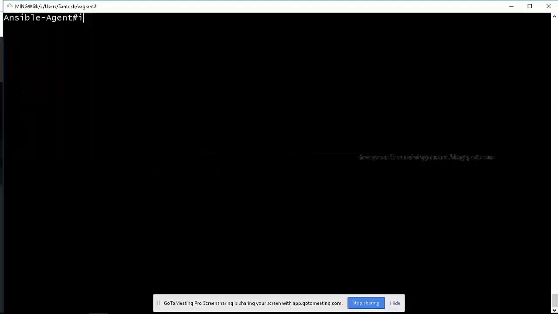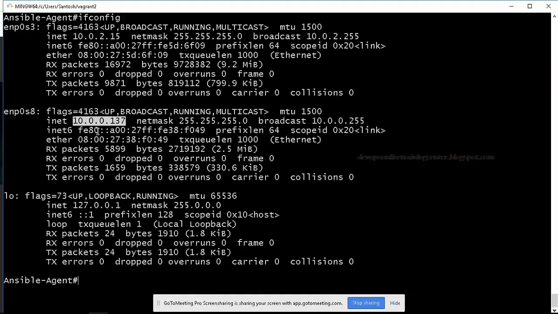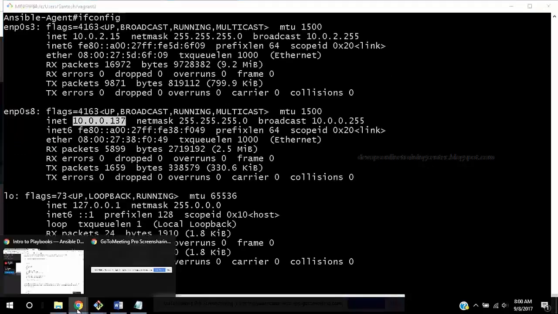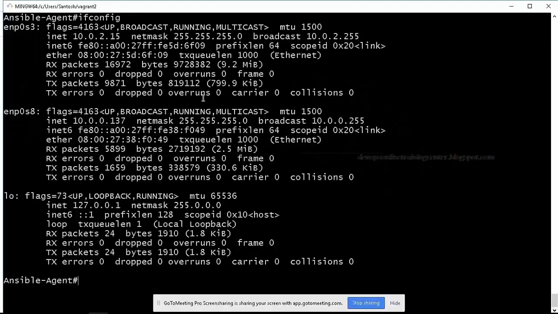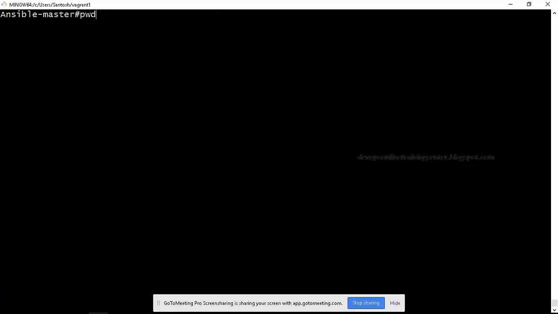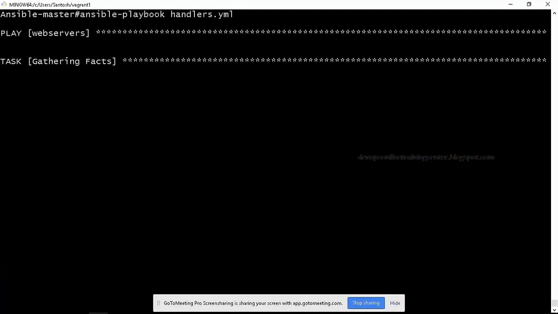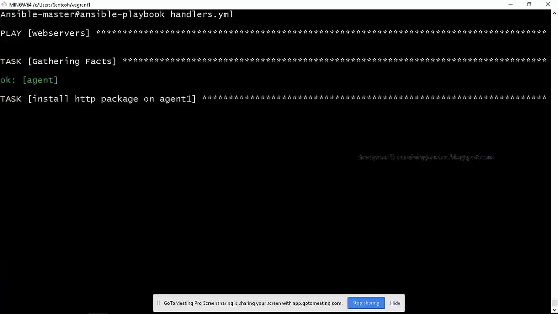If you go to the agent and access this index.html from the web URL, let us see what we'll get. Welcome to Ansible 1, right? This is working fine. Now let us execute the same thing again. This time, since there is no change, it should not start the handlers, it should not notify, right? So the task of handlers should not get executed.